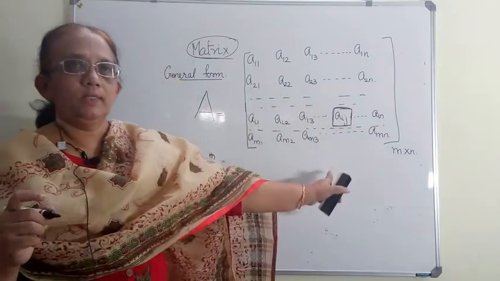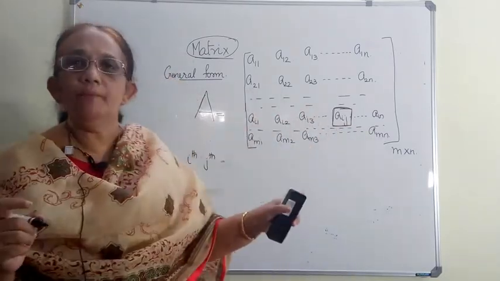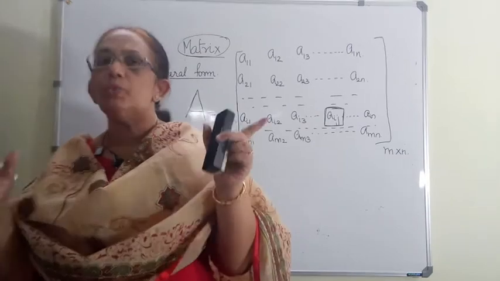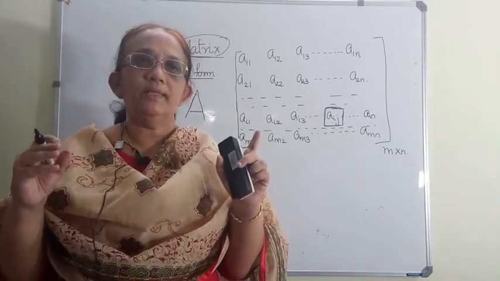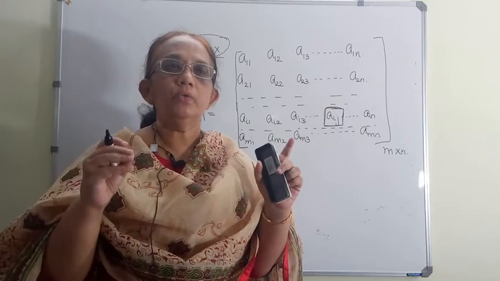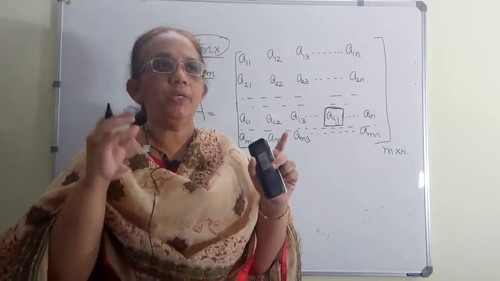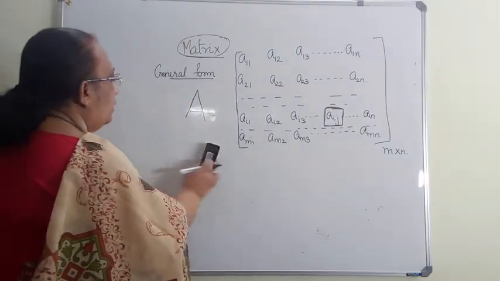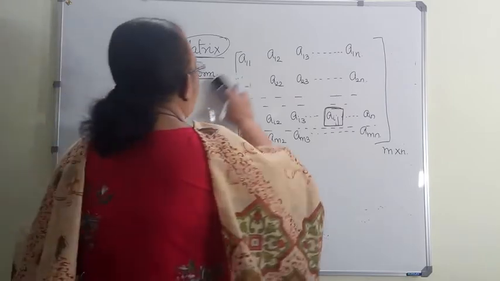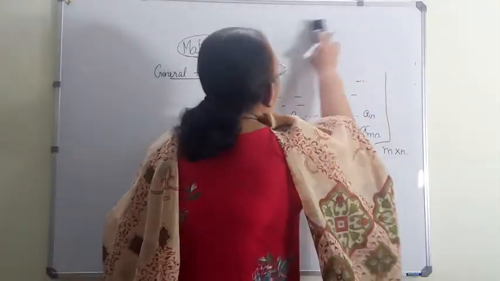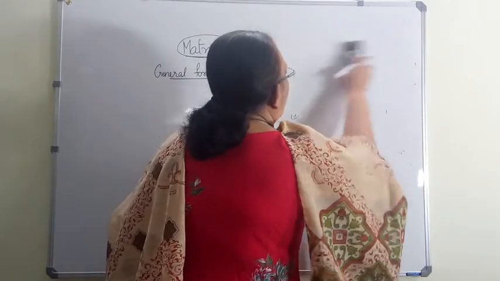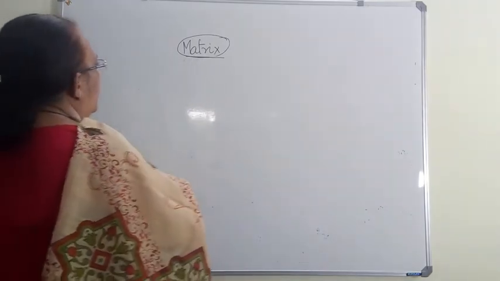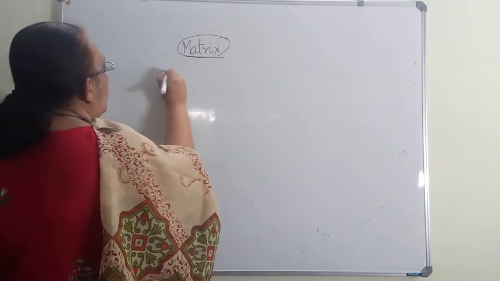Why do I stress this one? The general form is very, very important because using this we can construct a matrix of any order. Let us think about how to construct a matrix from the general form. The question is, an example, let us consider, construct